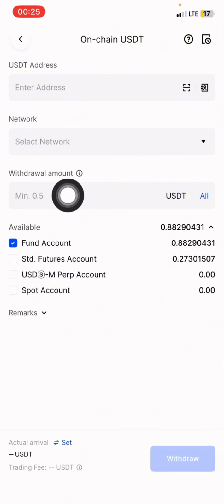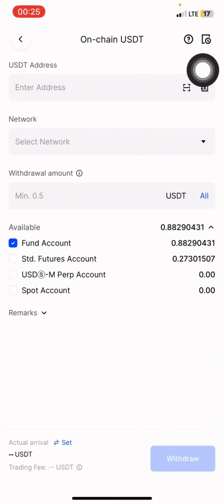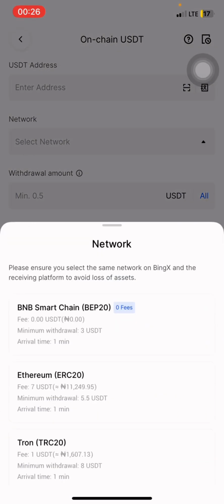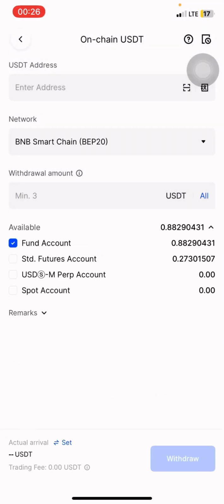Then you fill in the amount you want to send here. Let's say you've inputted the wallet address, for example, and you're using the BEP20 network. The minimum withdrawal you can make using the BEP20 network is $3. Let's say you want to withdraw $500, you type in $500 and then you click on withdraw. When you click on withdraw, this withdrawal button that is going to turn permanent blue here,